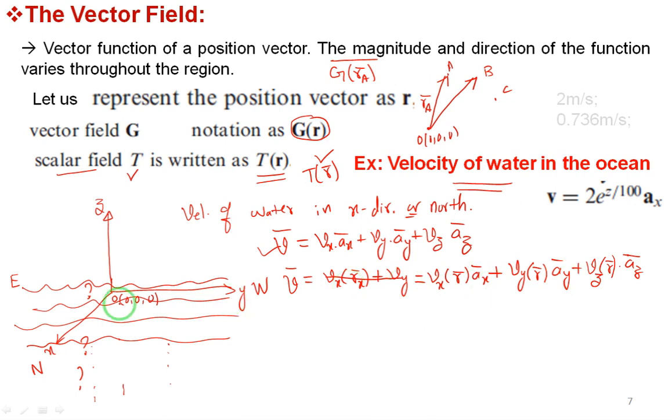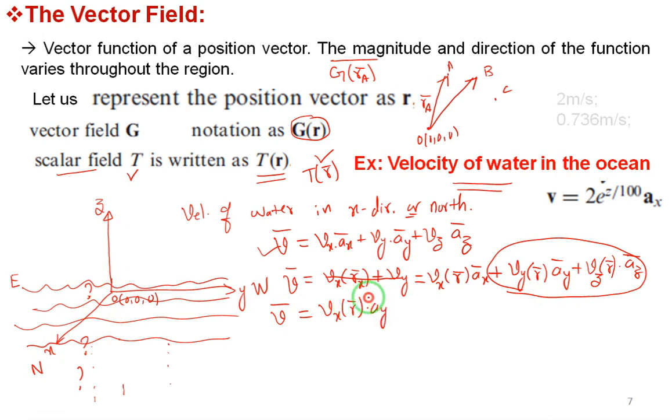But since in this example I assume the water is flowing only in the x direction, it is not flowing in the y direction or z direction. I am assuming that the water is flowing in the x direction or north direction. Means these two terms, y and z, will be nullified. What I am left with is the total velocity of water along the x direction, given by Vx of r